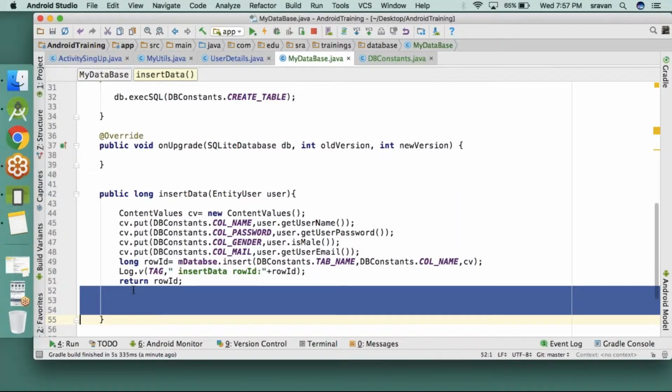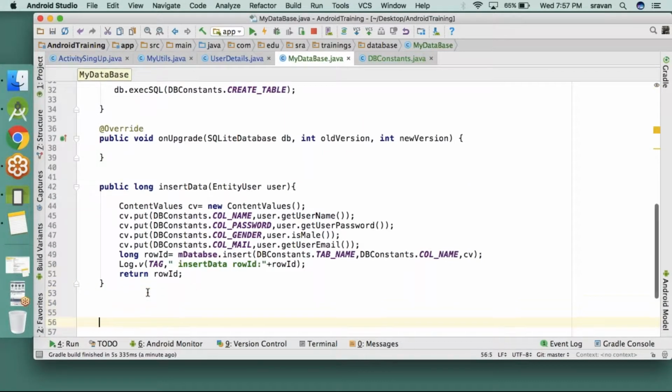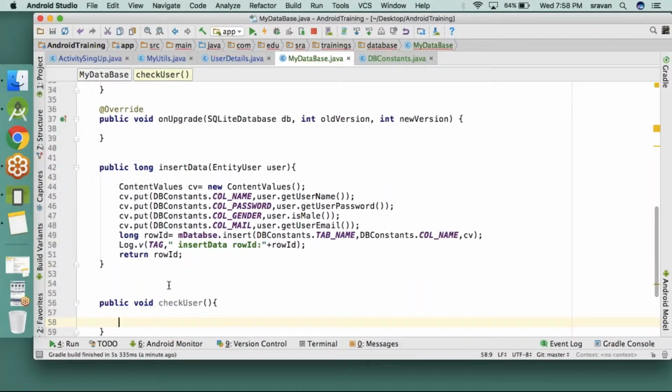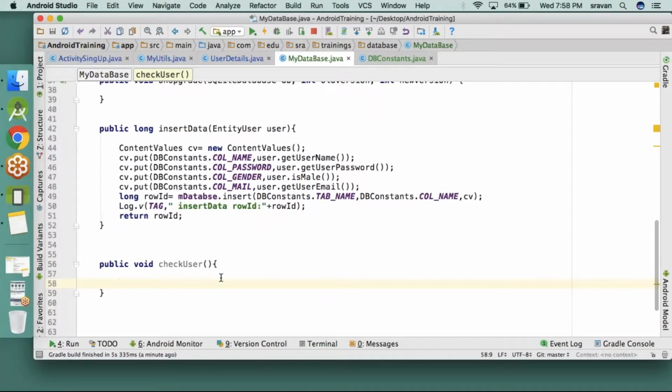Now, if you want to fetch the data from the database, what I want to do here is public void check user. I'm implementing one more method called check user. To check user, I need to pass string username, string password.